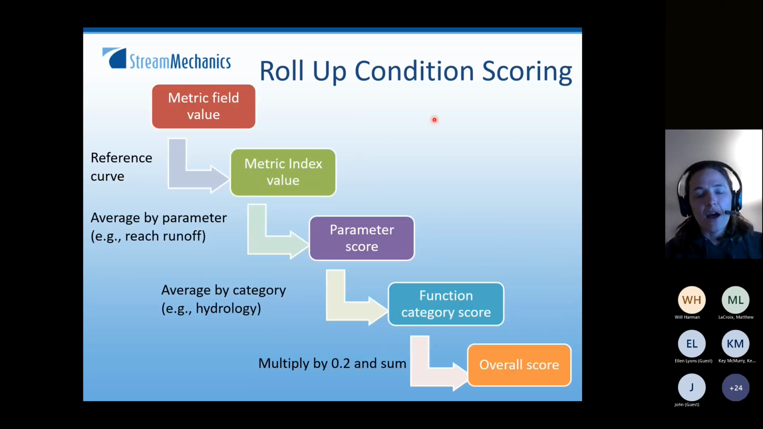So here's more of a colorful depiction of what I just outlined. You're going to enter a field value for each metric. Those are going to get scored as index values on that scale of 0 to 1 using our reference curves. The parameter score is an average of the metric index values. The functional category score is the average of the parameter scores. And then for the overall reach score,